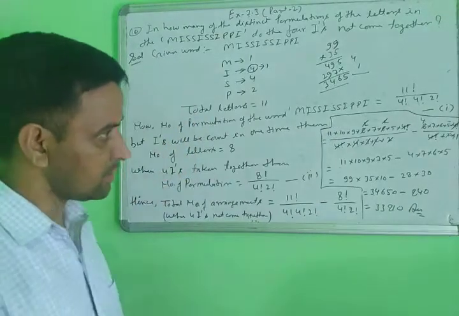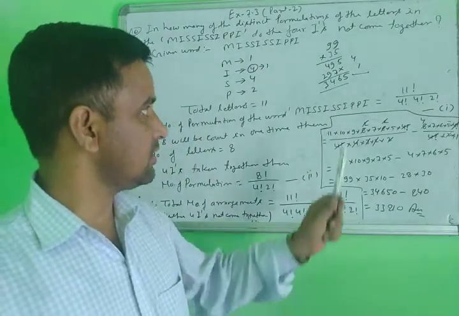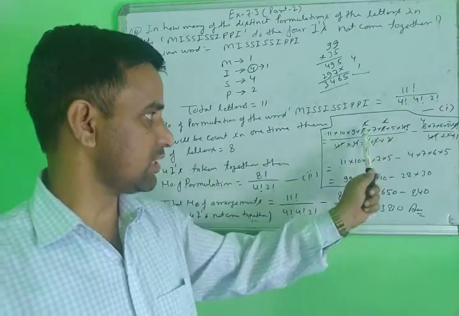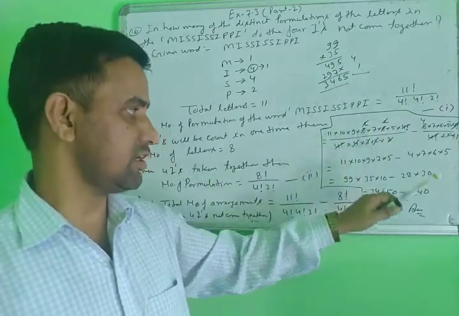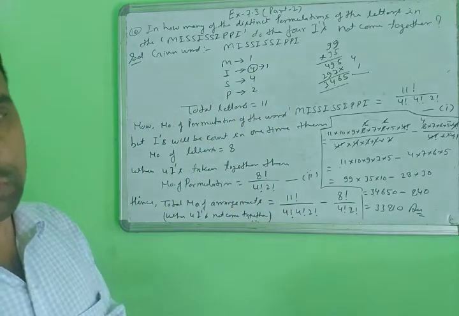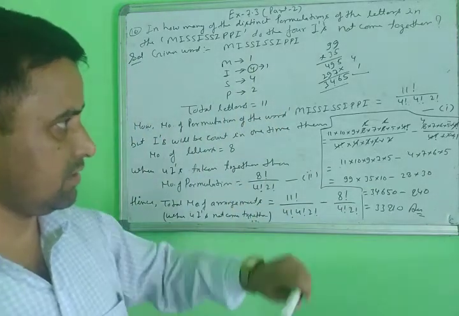But when you calculate this, be very careful not to make a mistake in the multiplication. Expand the factorials and then cancel the factorials very carefully. In this way you can calculate this. It is a very important question of this type, very important. Yes, note it down.